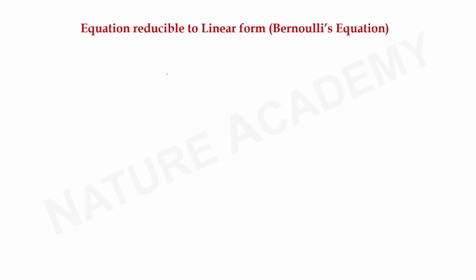The general form for the Bernoulli's equation is dy by dx plus py is equal to q into y raised to n. There is an n here. The power of y is some n and this n will not be equal to 0 or 1. But what to do if n is equal to 0 or 1? We will discuss this type of differential equation a bit later. Let's first look into this type of differential equation called Bernoulli's differential equation, where n is an integer other than 0 or 1 and is reducible to linear form.